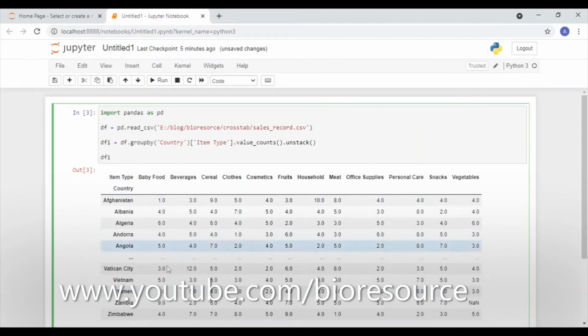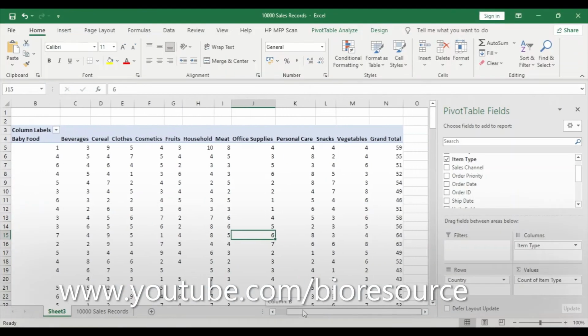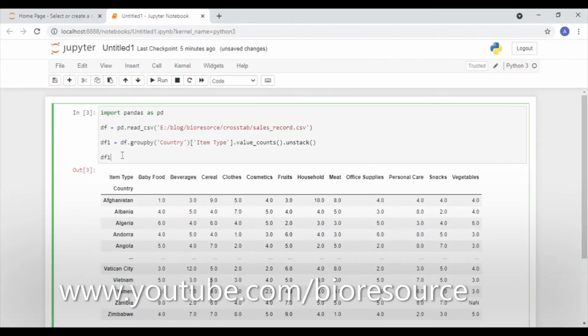Now another method is here, if you can see there is one more column at the end, the grand total. So this can be easily achieved through using cross tab function. I'll just comment this so that it won't run. So now we can assign this to a df2, data frame 2 is equal to pd dot crosstab, and df, we want the country, comma df item type.